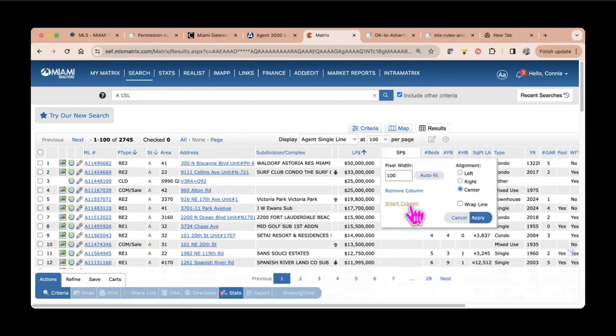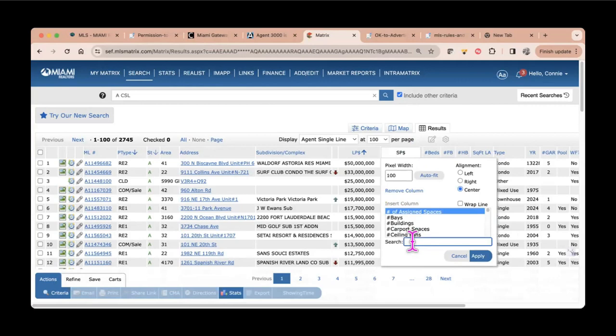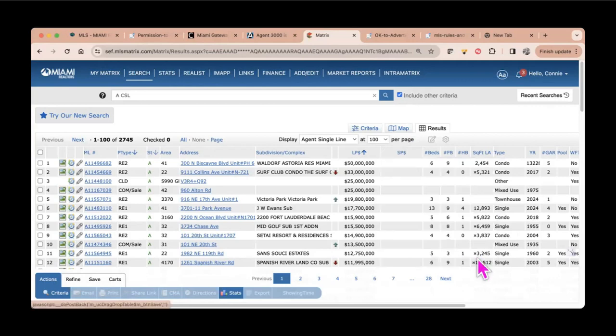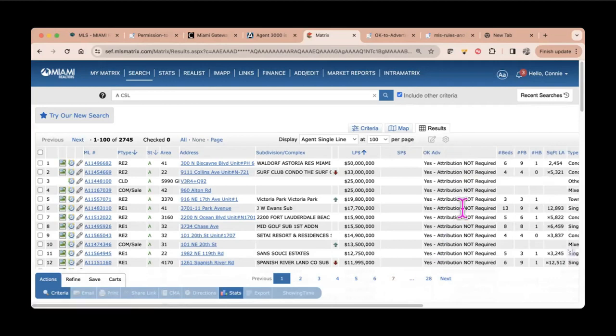Let me do that again. And apply. And here, of course, we only selected attribution not required, but sometimes you have a list of both. So you can go ahead and select here. Now, there's a couple of things you could do. So I put these in order, right? According to listing price. But one of the things,